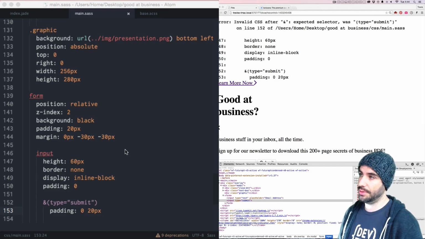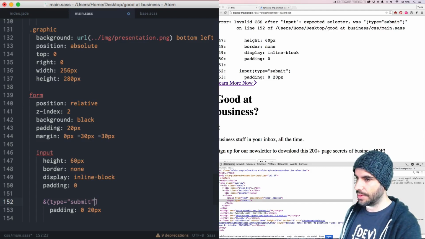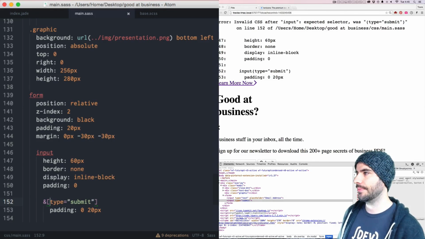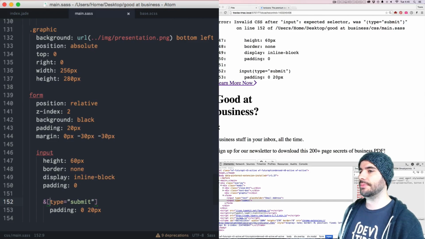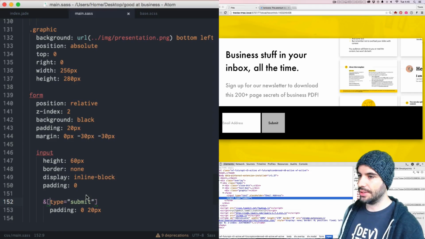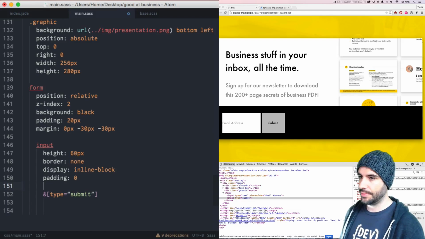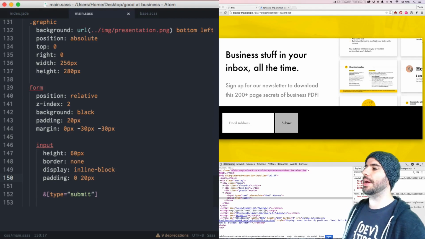What the flip? Invalid CSS after n, expected to select. Oh, these need to be square brackets, not parentheses. Thank you, Sass. Okay. Actually, that style of 20 pixels can go on them both. What's going on here? Okay, 0, 20, I want it to go on both. Okay, and then